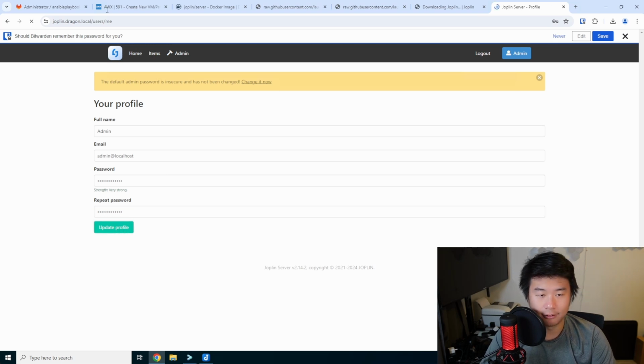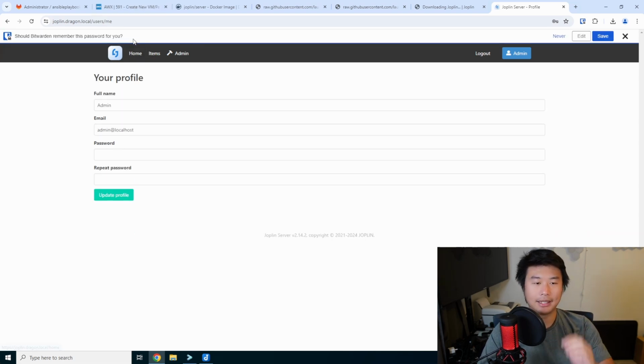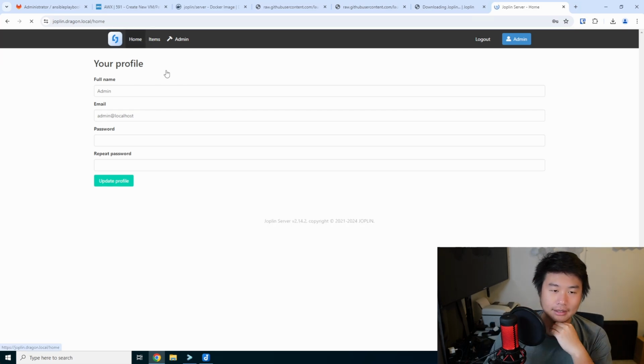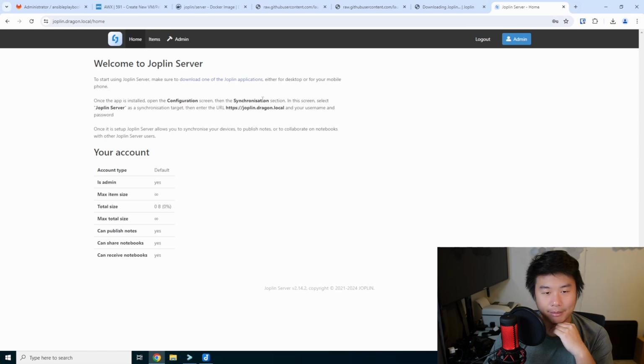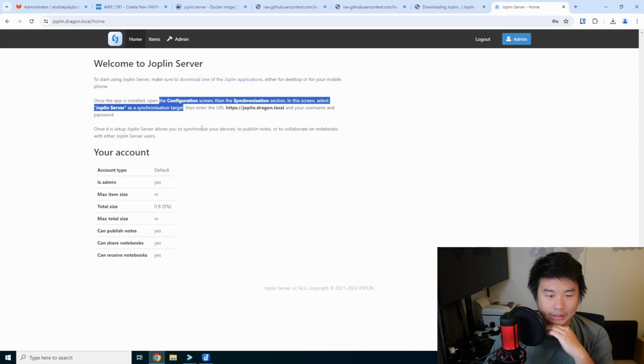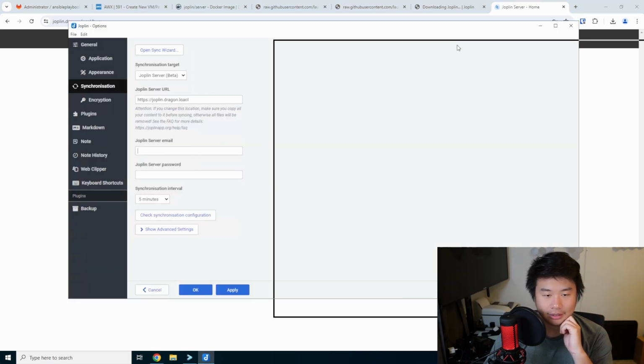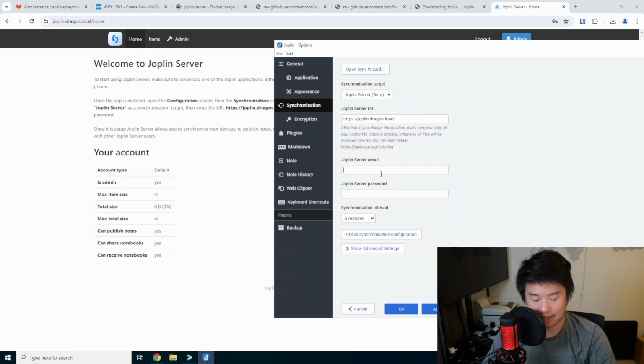And update our profile. So we can go back to home here. So this is just the server part. This is where you would sync everything, all your Joplin applications would sync to. So you can see how it tells you also what to do here. So we already started this here. So we already got the URL. Then now we need to do admin at localhost, and then our password, and then we can see the synchronization configuration here. So we'll hit apply there,